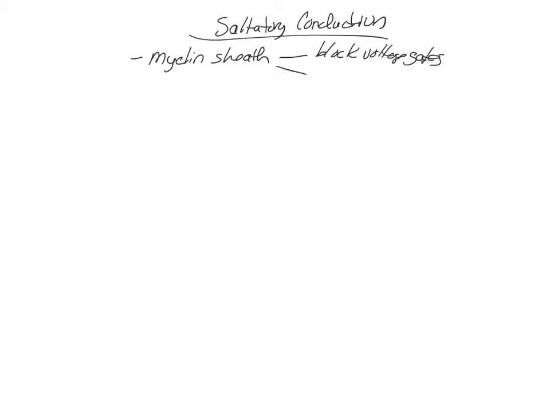But it also blocks passive gates. So you can't boost the signal, but you also don't weaken the signal, okay? This causes everything to be faster because you're not leaking, and you can go further before you need a boost